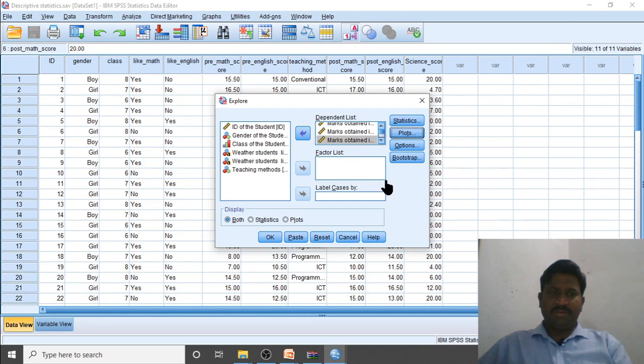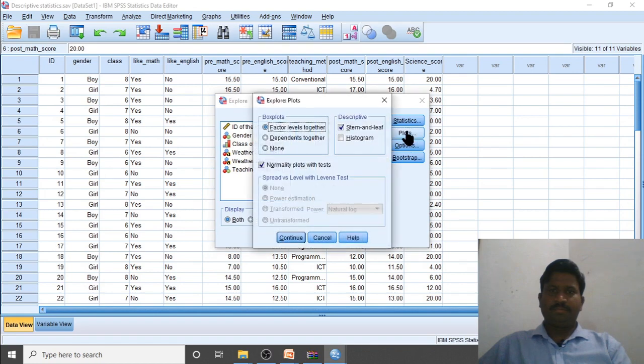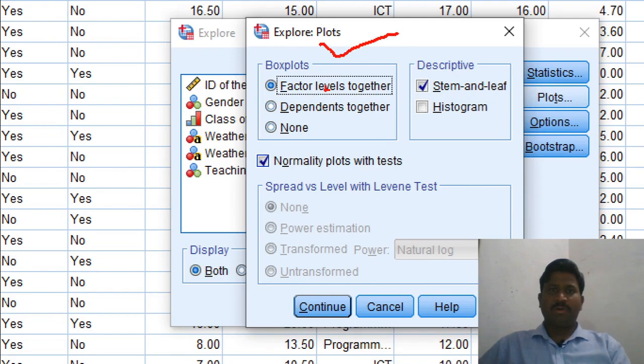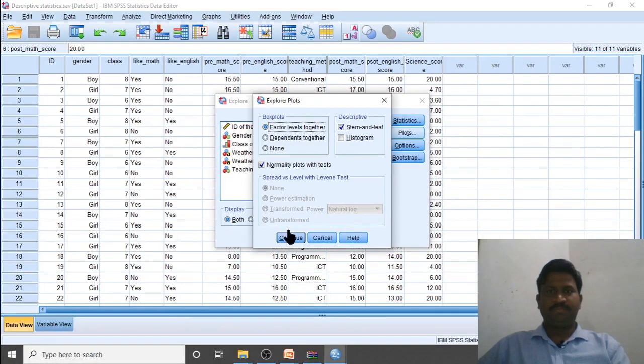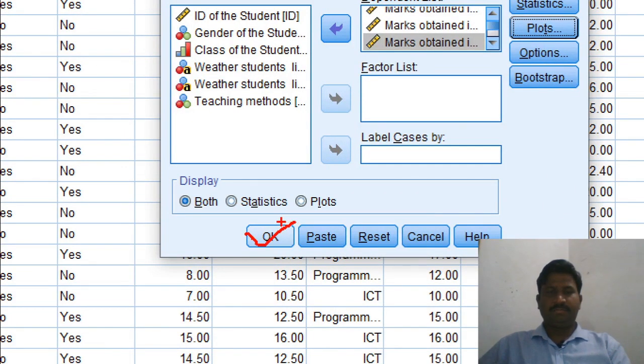After clicking on Explore, this will open. Most importantly, in Plots, we need to put a tick mark here for normality plots with tests. If it is not checked, put the check mark here. Okay, then click on Continue. Then click on OK.